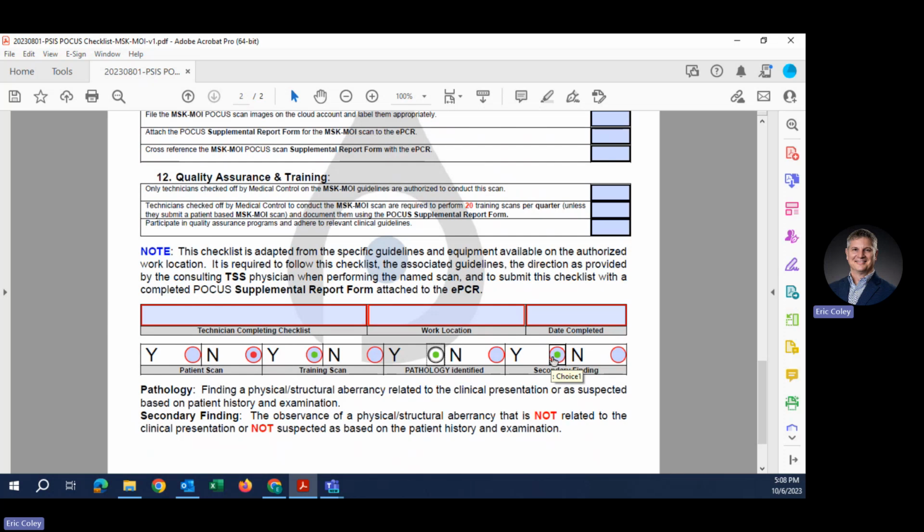Now, all of our films or our images will be interpreted by a radiologist, so it's more likely that the radiologist is actually going to find something secondary and report that back to us. But nonetheless,